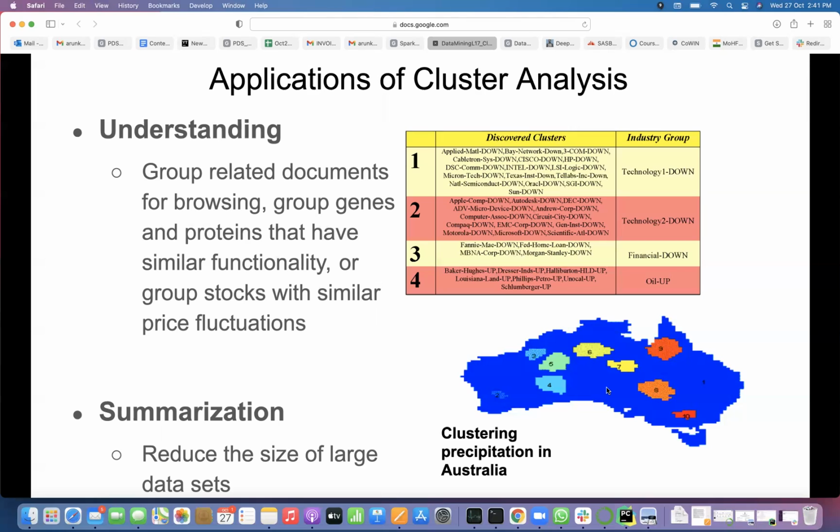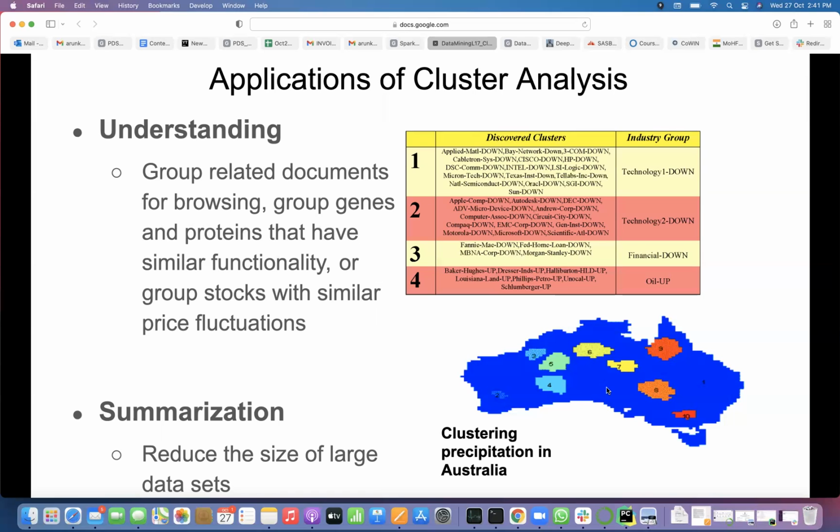All right. So instead of giving data of thousands of points and throwing them on somebody else, they may not even understand this precipitation in Australia. Now, if you say that broadly I can divide the whole of Australia into 10 groups based on precipitation, then they may get some interest. But you will also lose some data here. It is called lossy compression. It is not a lossless compression.